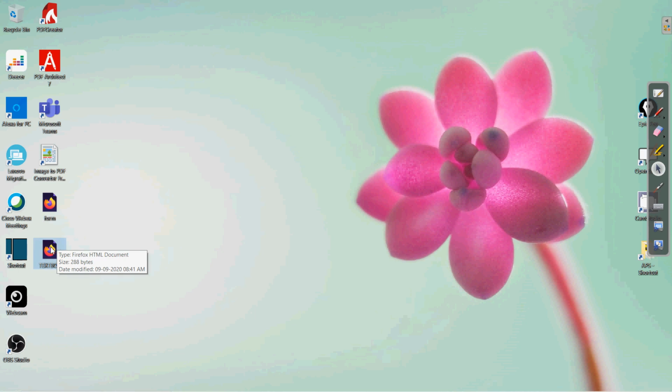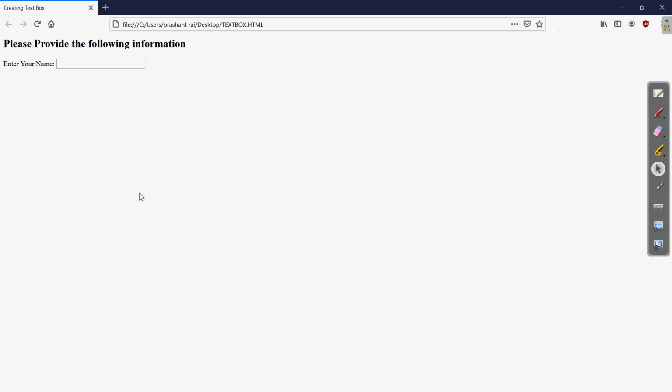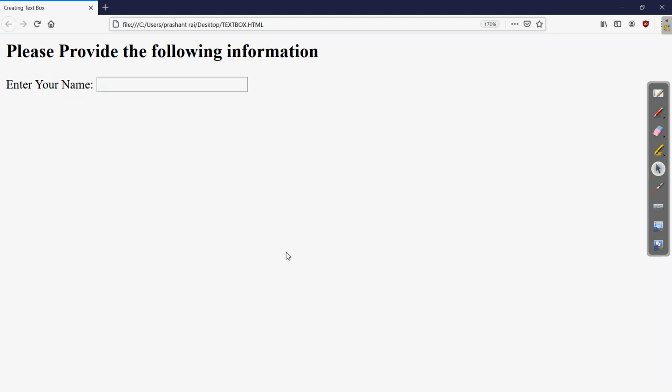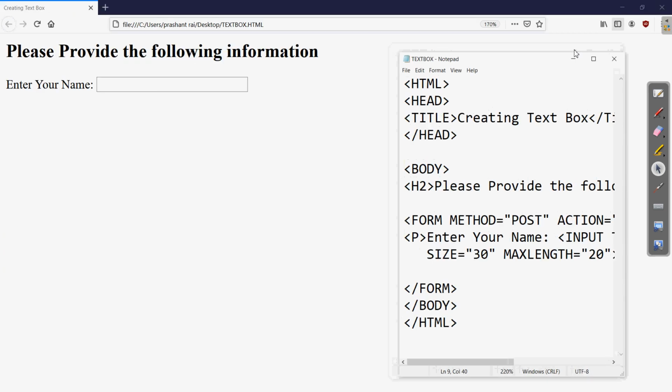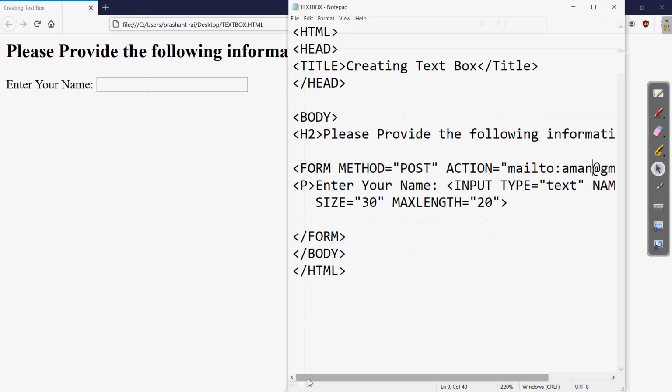If I double click on this, it will open the information in the web browser. Here you can see, if I zoom in, this was the text which I have written with the heading tag. Let us open the program along with this. Clear? So we can see both the pieces of information together.